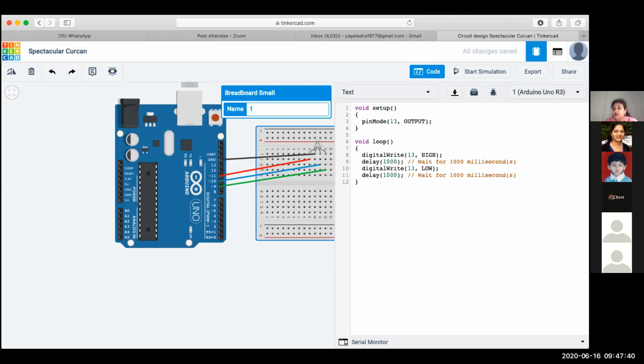Easy? Yes, ma'am. I hear only one voice saying yes. I don't know whose voice that is. But what about the others? Yes, ma'am, we are understanding. Okay. What about Chaos? Chaos is Ritik, I believe. You have a very interesting rose with Chaos, but on the screen it looks a little intimidating.